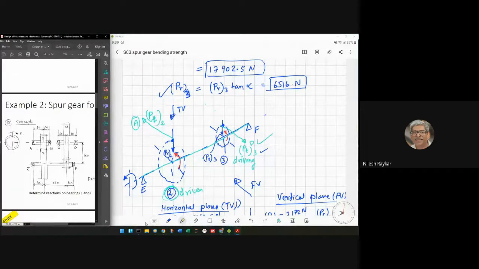So module one would keep different if for some reason gears number 3 and 4 are having some different material. If it is a weaker material, then to make it strong, you'll have to use a bigger module. So 1 and 2 are of stronger material, 3 and 4 are of weaker material, maybe because 3 and 4 are exposed to some corrosive or some aggressive atmosphere. In that case, you have to use some special material and then it will happen. But that is a very specific case. But yes, your question is good. So yeah, that's right.